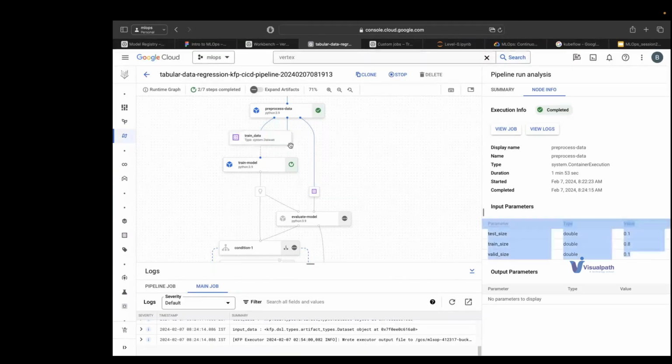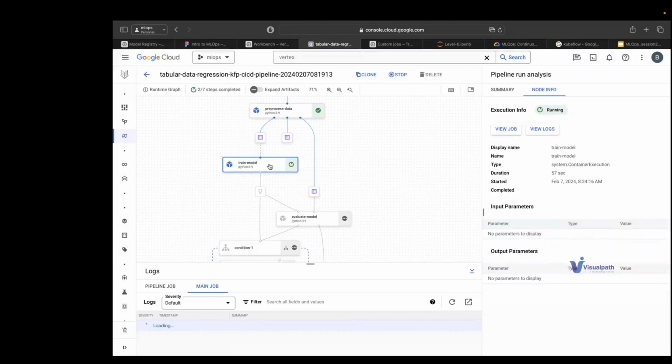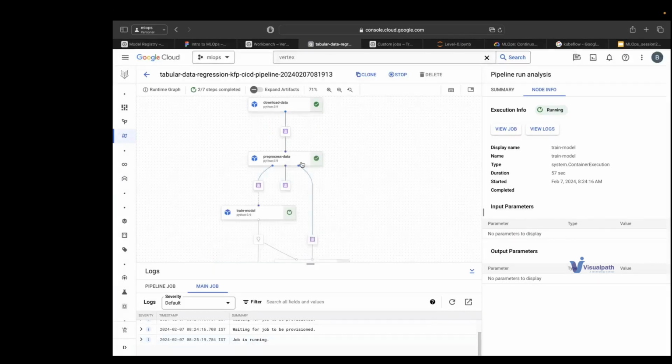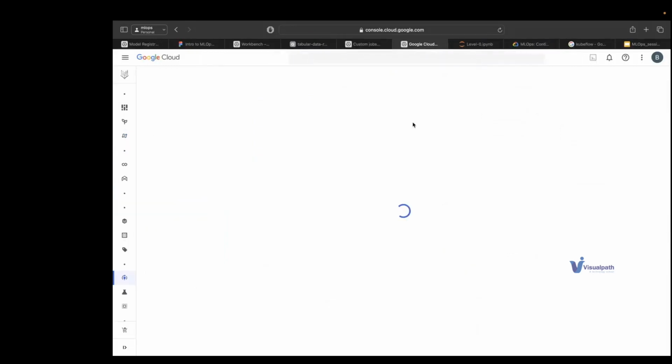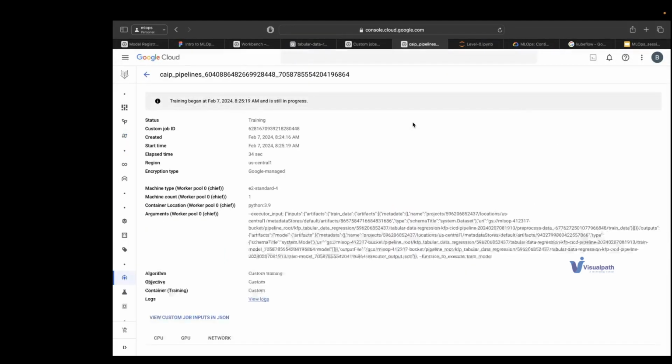Now my model is training. This can take a little while, but the job has started running. You can see how flawlessly it is running. It is spinning up new machines for us, or maybe reusing the same machine with a new container. Then it's using our base container with all the required packages. For this job, I'll again click on view job. And you can see whatever metrics and artifacts we want are passed, the system data set, the location is getting passed, and the function which we want to run. That's train model. Okay.